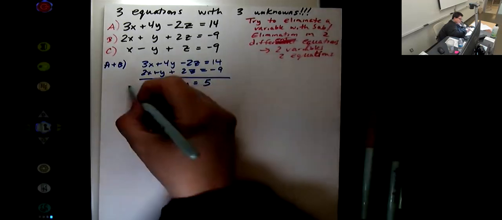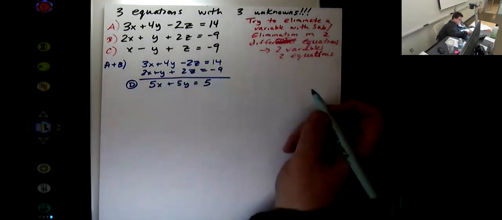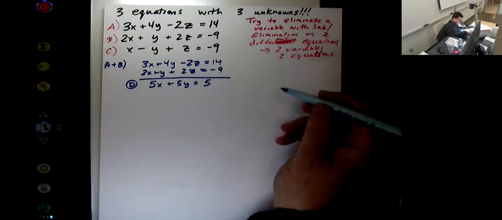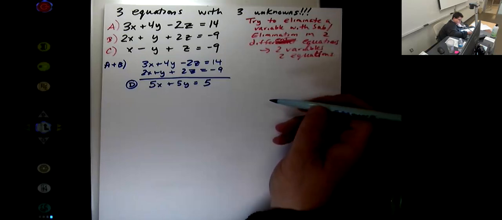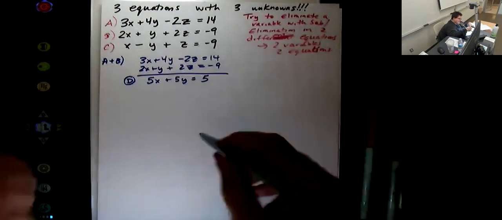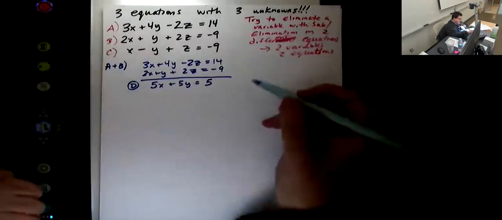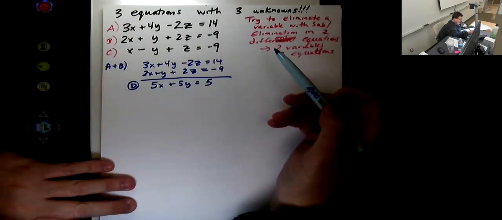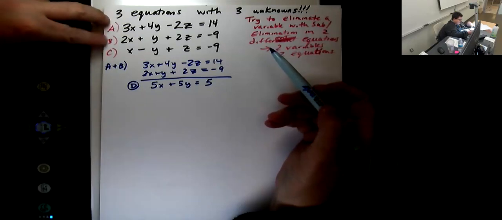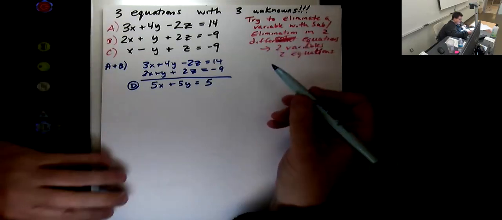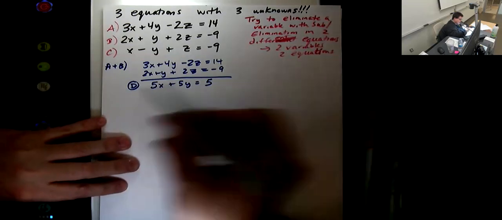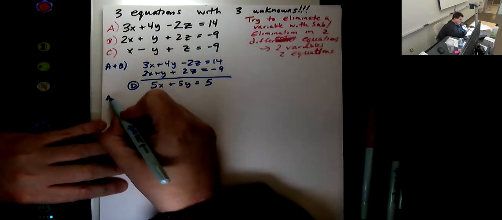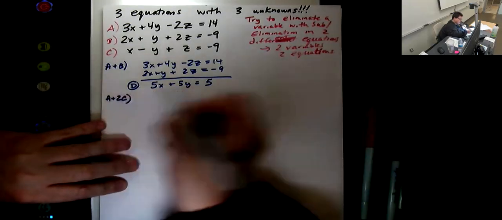I'm going to call this D. And now I need to get rid of z in another equation. I need to have another combination. I combined A and B, so the next combination has to have a C involved. If I do like A plus 2C,